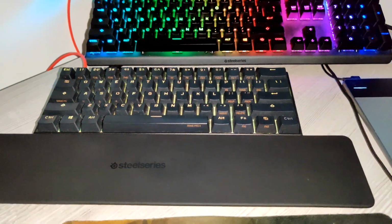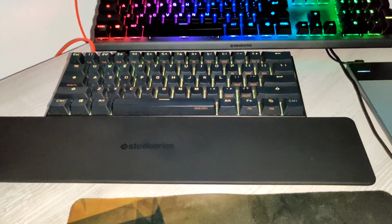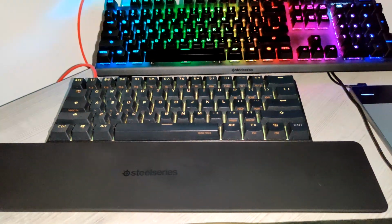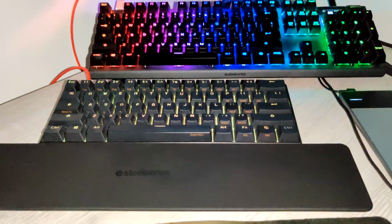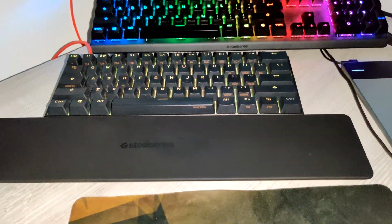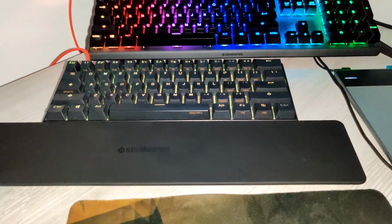Once you get accustomed to numpad, you'll most likely be always using a numpad. That being said, the only other downside other than the size factor, which is completely preference by the way, is the price. The price for a N2 Pro